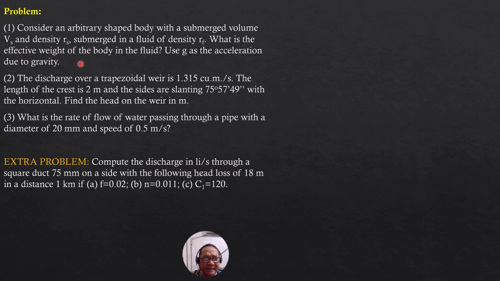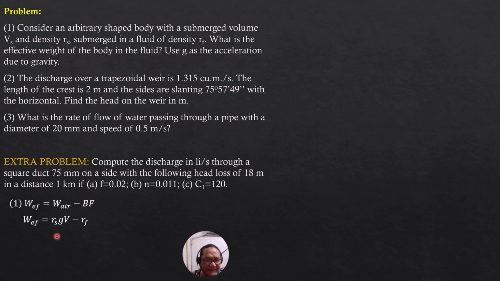And the idea here, or by common sense, the body should be totally submerged or else it will float. So if it floats, then the effective weight of the body in the fluid would be zero. So the body should be totally submerged. So weight effective equals weight in air minus buoyant force. The buoyant force is specific weight of the fluid times volume submerged, because the volume submerged is also the volume of the body by common sense.